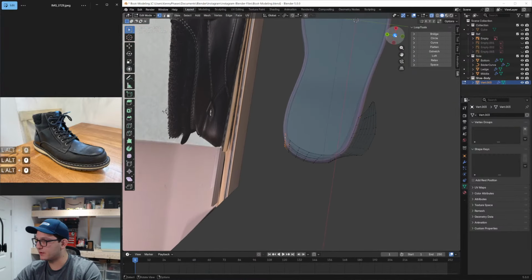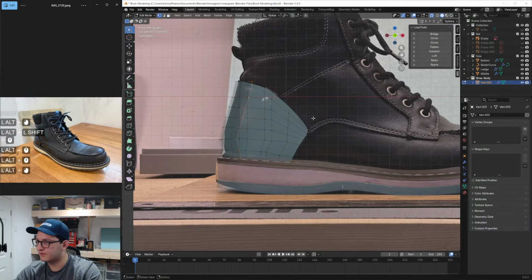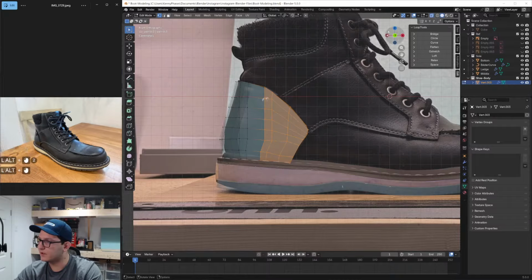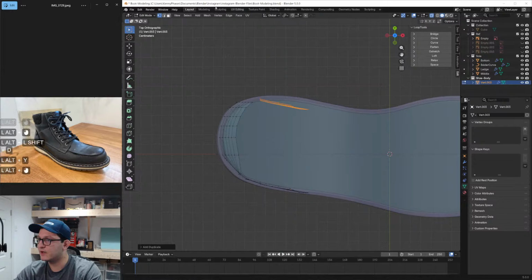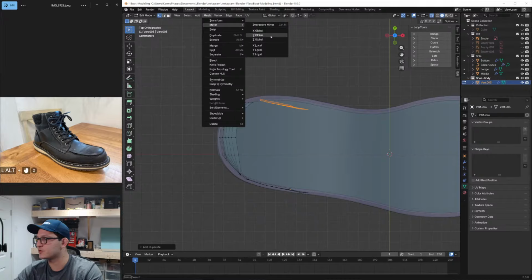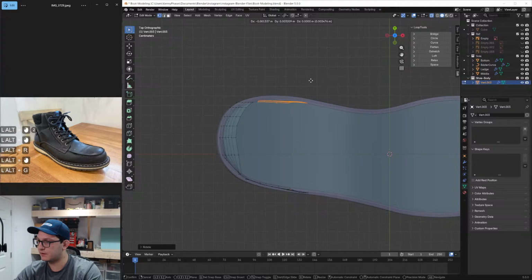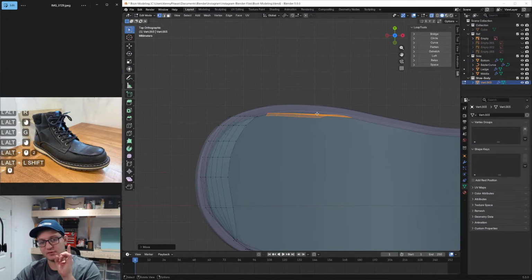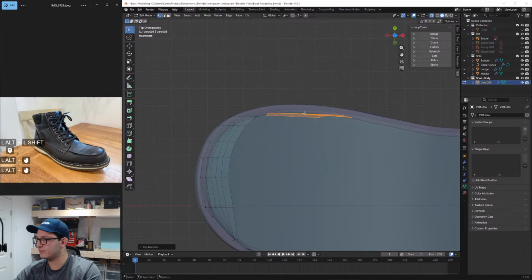So at this point, looking at our top-down view, we can probably duplicate some of this stuff from this side, right? We can kind of come here. Let me make sure I got all that. We can come here. We can duplicate on the Y. We can go to mesh, transform, or mirror, and then we'll just mirror it on the Y global. We'll rotate it, and we'll connect everything, right? The only thing is, just be really careful, because if you do this, you have to flip your normals. So you got to go to mesh, you got to go to normals, flip, and now you should be good